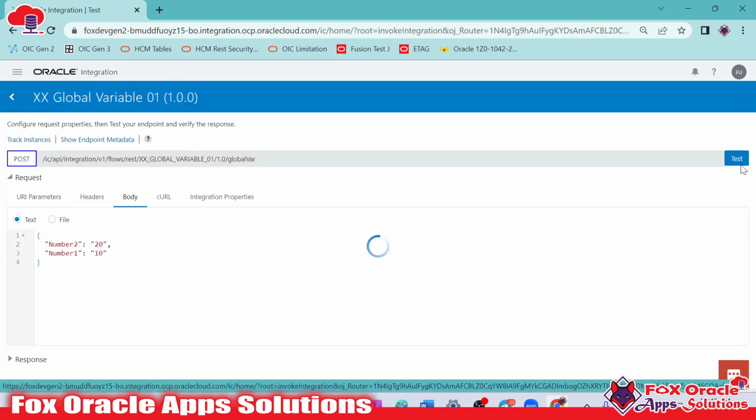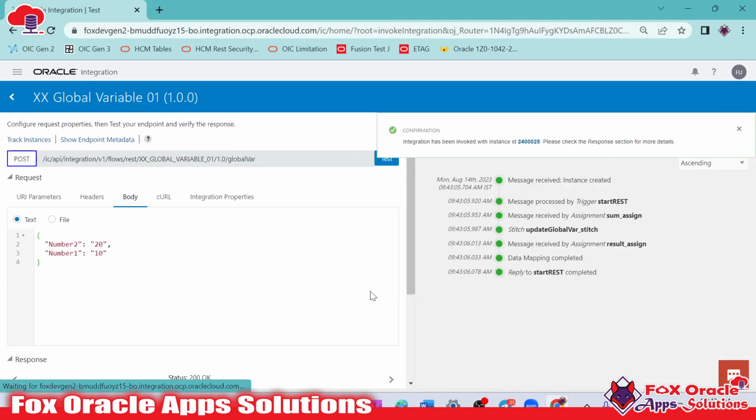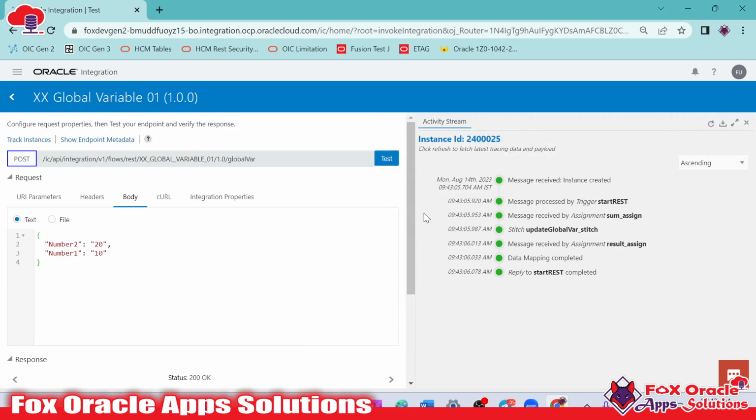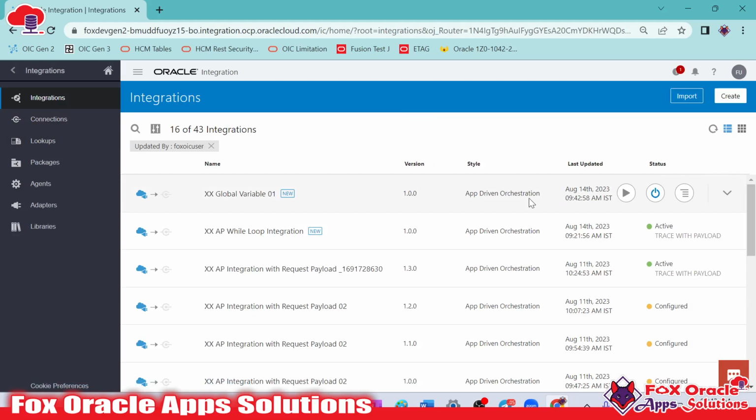In the body, we are passing these two number values only, and we are getting the result success. So this is a simple way we added the global variable where we use data stitch to update the value of global variable. Yes, we will learn about the object type global variable also. Before that, let me continue with the